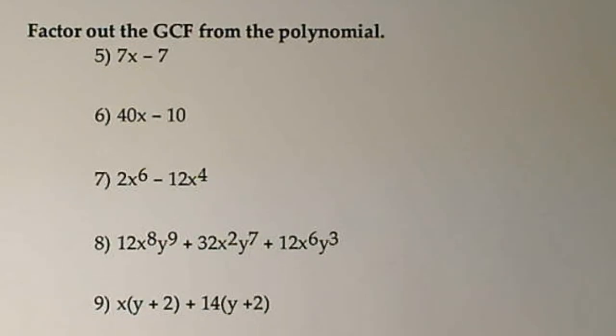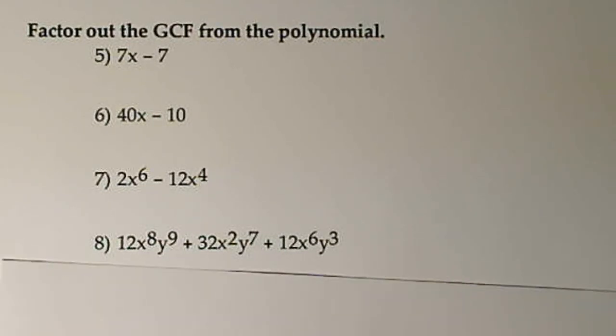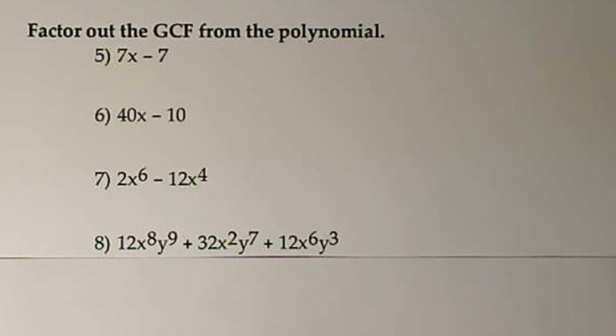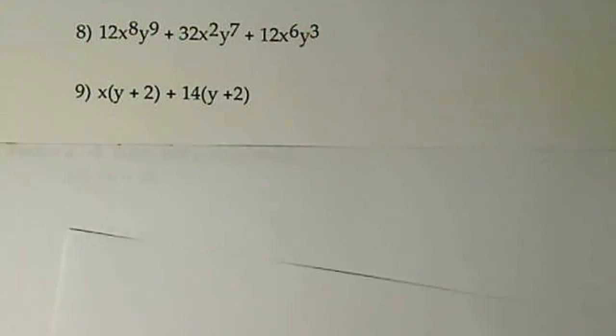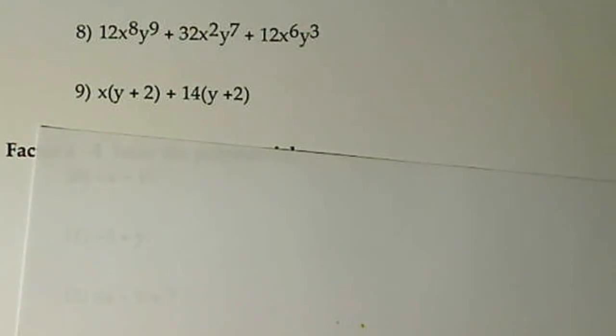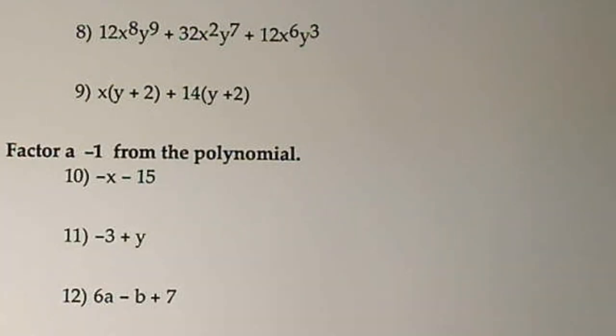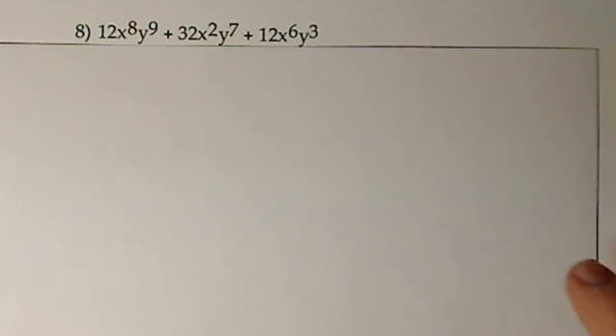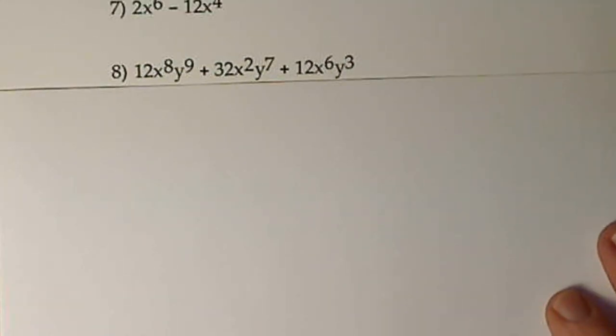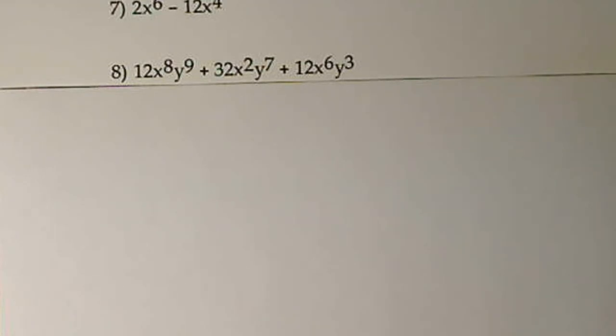We'll take a look at number 8. That's a little more complicated. Maybe I'll get another sheet on here. Okay, first you have to find the GCF and then you have to factor it out. So looking at each term,